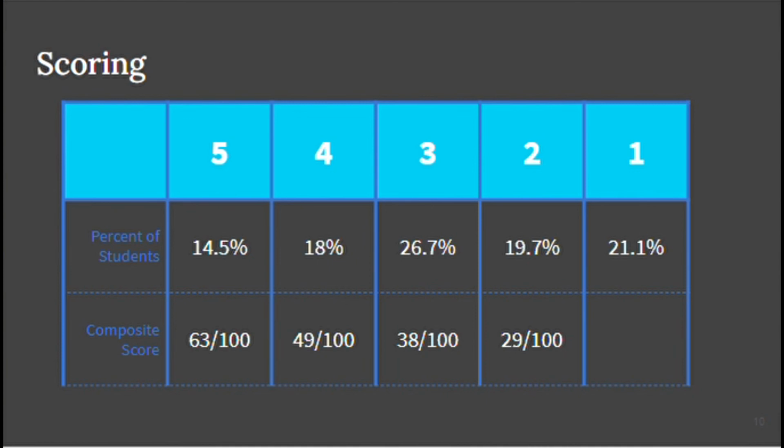You're going to need a composite score of about a 63 out of 100 to get a 5. So you'll know that that's relatively low for an exam to earn the highest score. Obviously, with most of the tests that you guys are taking in school, 90% is the cutoff for an A. This is a 63%. So what that shows you is that if there's a question that you maybe don't know the answer to, it's not a huge deal. They're expecting you to get things wrong. These are difficult exams. And so you can get about a 63 out of 100 to still get a 5, is the idea. In implementation, that's not exactly right, but this gives you a sense. And then you can continue on with the 4 being 49 out of 100 and so on.